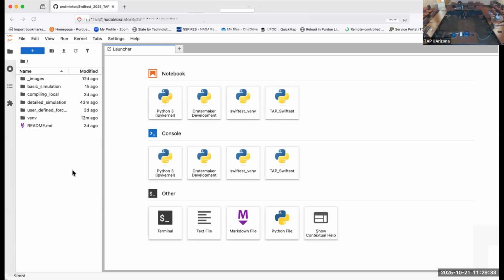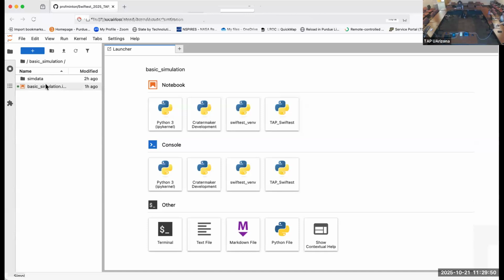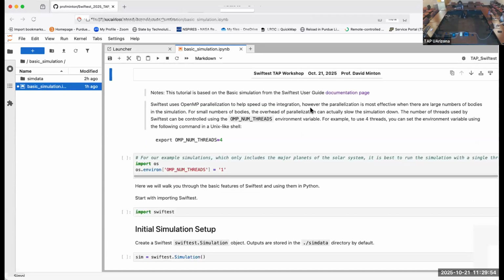Cool. So they already got their Jupyter notebook up on the screen like this? You'll see that in the menu options here, the Swiftest kernel shows up. That's why we have to do that kernel thing, so we get access to that. All right, so what I want you to do is we're going to start with the basic simulation. If we go to the basic simulation folder, you should see the basic simulation